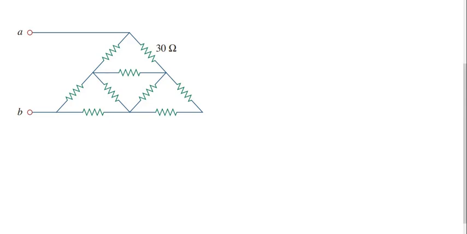In this video, I am going to discuss the equivalent resistance calculation between terminals A and B. This is a very important model, and in many competitive exams this question will be repeated. See here, this is 30 ohms given. In some of the exams they are giving 60 ohms. Very important. Before solving this question, just understand how it appears in practice.